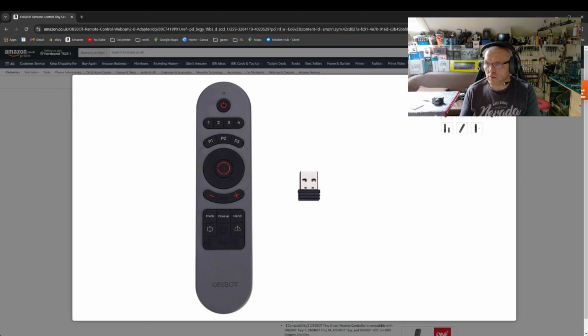You've also got some hand tracking features on here. It says hand track, close up, hand. I don't think these really work. It's only with the, not the Lite version. It does have a